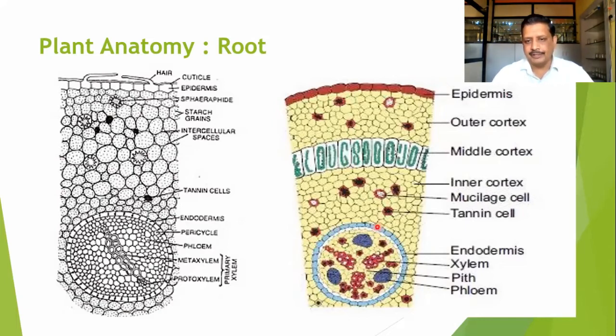At the center we can find this blue line, the endodermis. A multi-layered parenchymatous pericycle can be there. Here we can find the triarch to tetrarch, diarch to tetrarch condition of the vascular elements. And here you can find the metaxylem elements, these are the protoxylem elements, and these are the patches of the phloem. So this is the normal root condition that can be observed in Cycas.